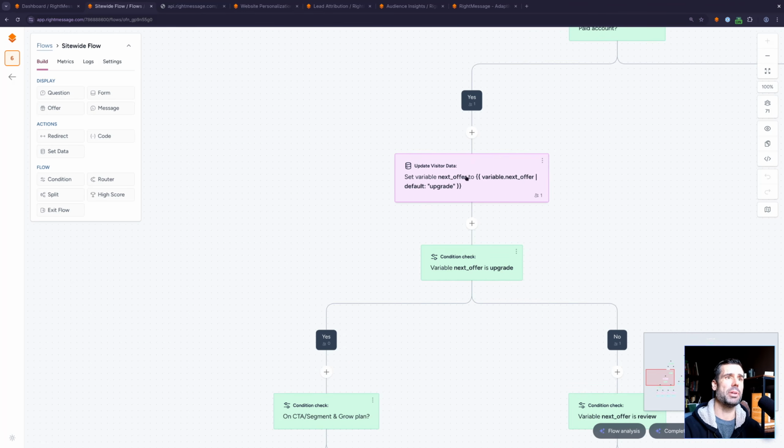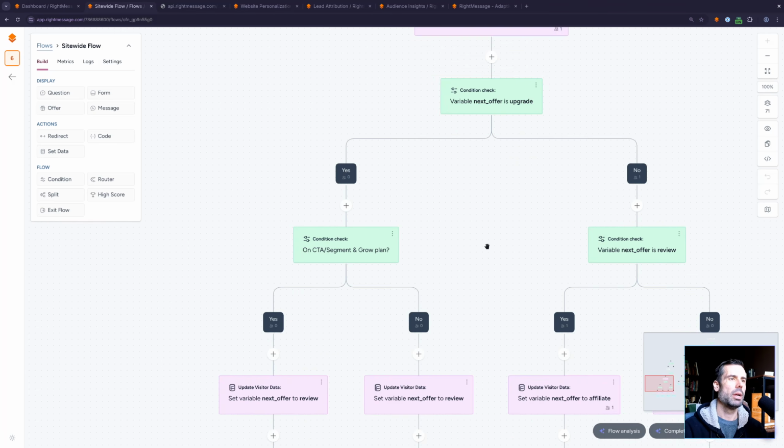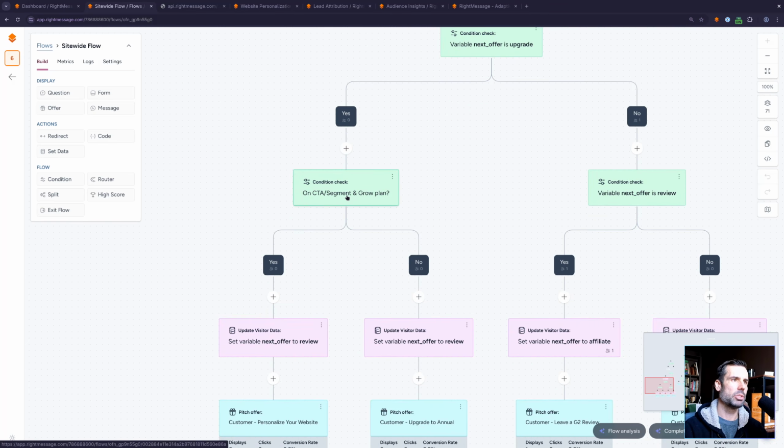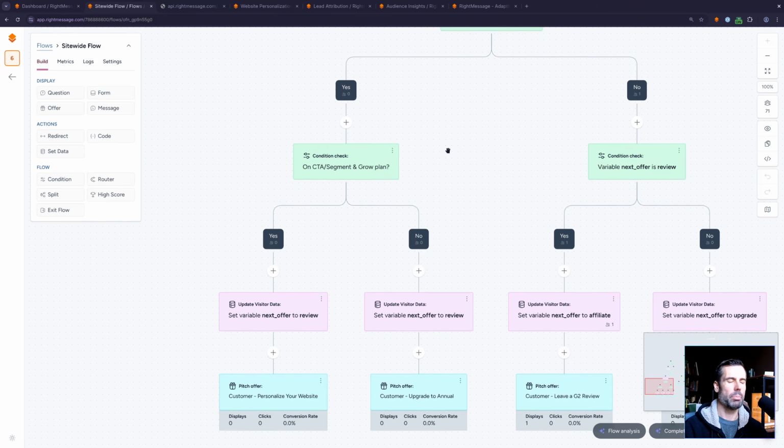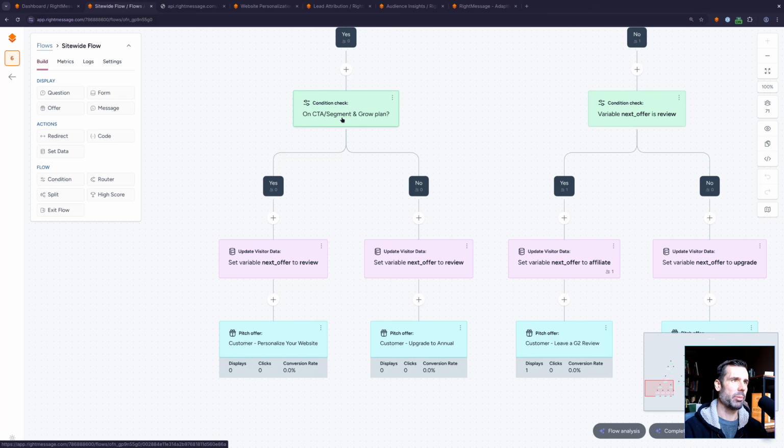So how we do that is we're using a variable within RightMessage. So again, this is tied to the user, tied to their browser, where the default next offer is upgrade. So they come here for the very first time. The first thing we want them to do is to see a message about upgrading their account. So if the next offer is upgrade, which it would be for somebody new, they go down the yes path. And then we see, are they on the bottom plan or the top plan? If they're on the bottom plan, which is the segment and grow plan,